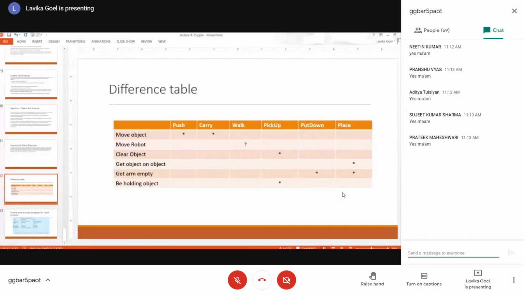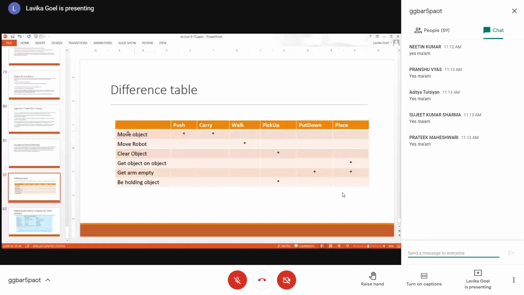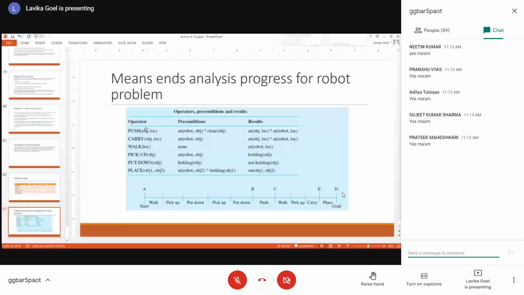Then which other operators can you apply for which particular task? This table describes that, right? So if you want to move an object, you can use both the push and carry operators. See, you want to move an object. That object can be the table, and that object can be the thing kept on the table also, right?